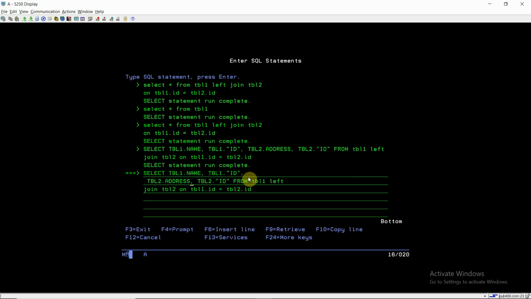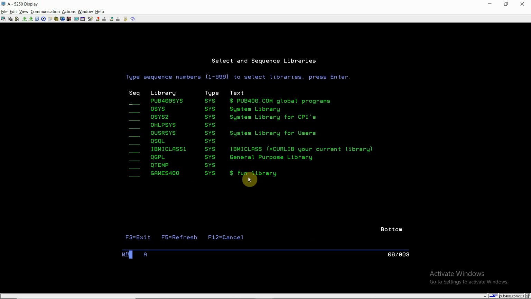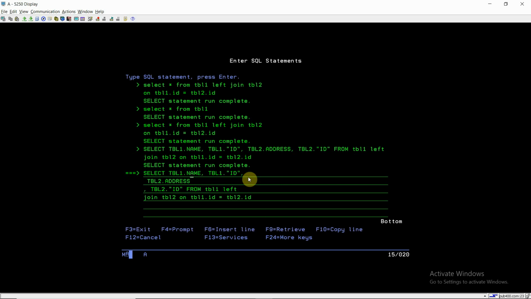For that purpose, we are using the coalesce function here. Using the coalesce function, if there is any null value in this column, we will have the blank value. So if table 2 dot address is null, then it will change it to blank, right?